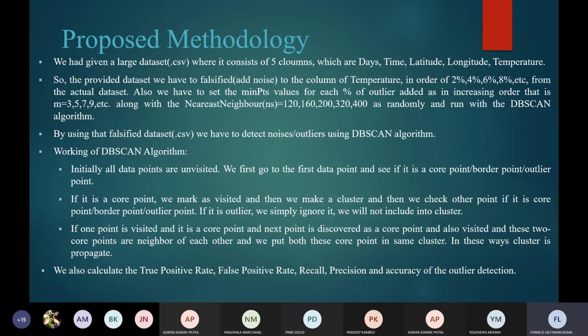Now the working of the DBSCAN algorithm. Initially, all data points are unvisited, so we first go to the first data point and see if it is a core point, border point, or outlier point. If it is a core point, we mark it as visited and make a cluster, and then we check other points. If a point is an outlier, we simply ignore it and do not include it in the clusters. If one point is visited and is a core point, and the next point is discovered as a core point and also visited, and these two core points are neighbors of each other, we put both core points in the same cluster. In this way,